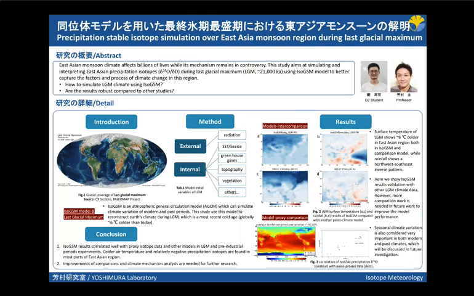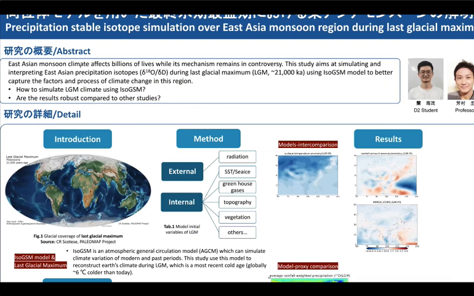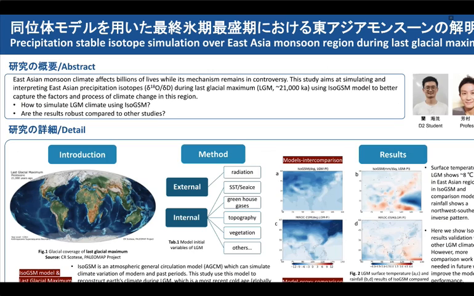So, good morning, everyone. My research topic is precipitation stable isotope simulation over the East Asian monsoon region during the last glacial maximum. The East Asian monsoon climate is very important for billions of lives. So this study will simulate East Asian monsoon climate, including precipitation water isotope, which you may remember from our last